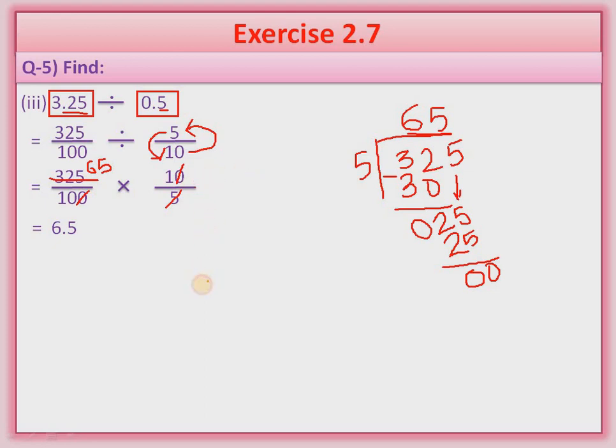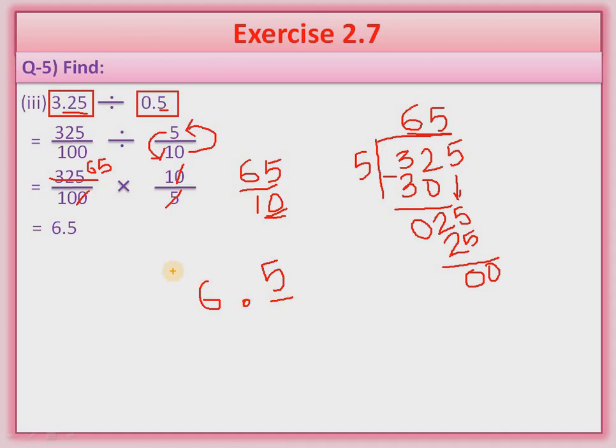So look at this side. We have written here 65. Now we need to put a decimal point. So here again I am writing 65 upon 10, so you can understand very well. Now we need to put the point. In the denominator, how many zeros? There is only a single zero. So we will put the point after one digit, starting from right to left. Clear? So we will put the point here.